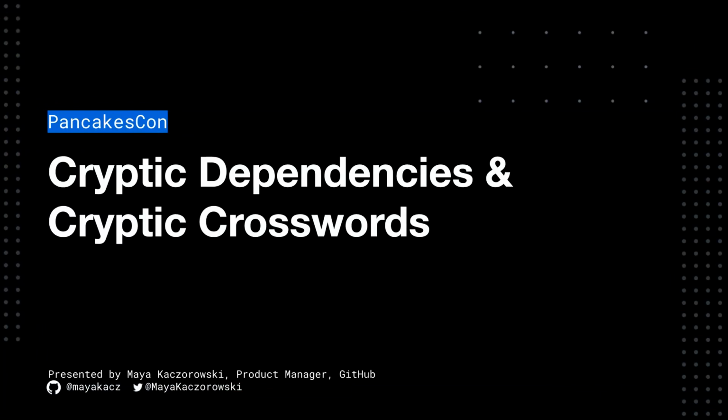And for the talk, how do you determine your code's cryptic dependencies, and what should you do when a new vulnerability is discovered? And also, how do you solve cryptic crosswords? As more developers and companies rely on open source code that anyone can contribute to, these also open doors to a new vector of attack. There are increasing supply chain compromises which successfully sneak in new backdoor packages, use typo squatting, or even compromise build tooling and signing keys. We'll first cover common kinds of supply chain attacks and when they're likely to happen.